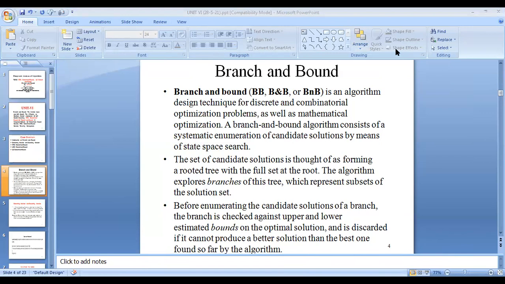Branch and bound is an algorithm design technique for discrete and combinatorial optimization problems as well as for mathematical optimization. A branch and bound algorithm consists of a systematic enumeration of candidate solutions by means of state space search.